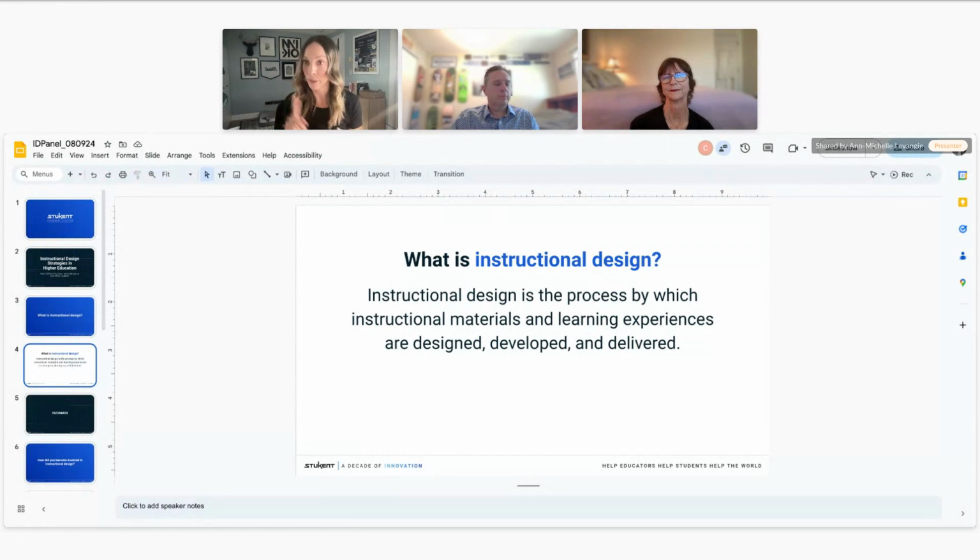I've done that for Stukent, for Pearson, for Houghton Mifflin. I want to hear from Mary Beth and Casey about how you, in the course of your career, got involved in some instructional design practice. So Casey, you're on my left, so let's start with you. So my involvement